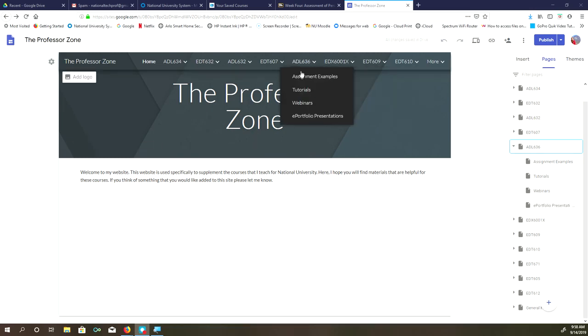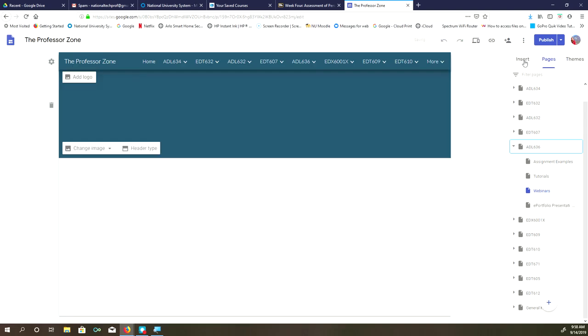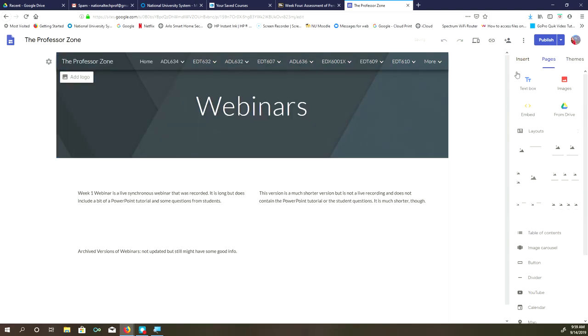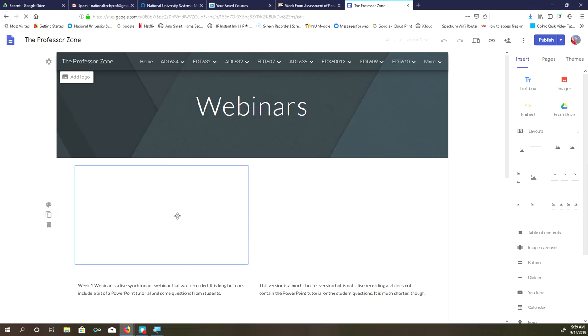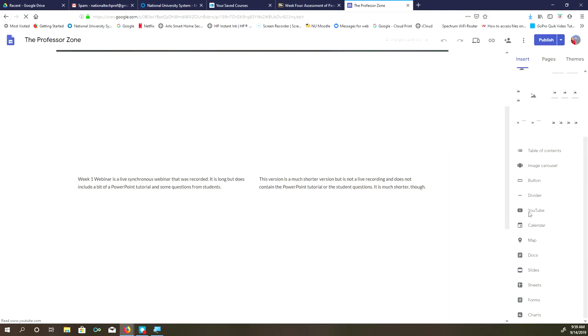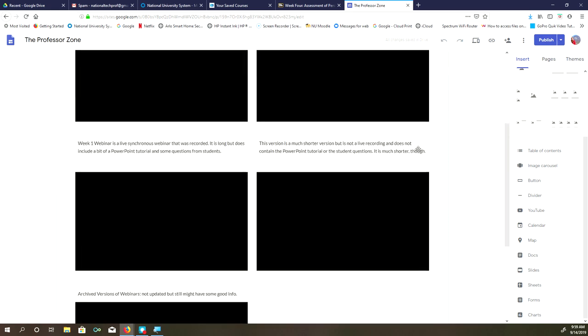And then when I get into a page, when I click on one of those pages to try to edit that page, then all I have to do is click on Insert, for instance, if I want to insert like a YouTube video, which I have embedded right here. Then I would just click down here on YouTube, and it would take me to adding a YouTube video. And then what it would do is it would just put it at the bottom of my page, and then I can click and drag these pages and move them around.